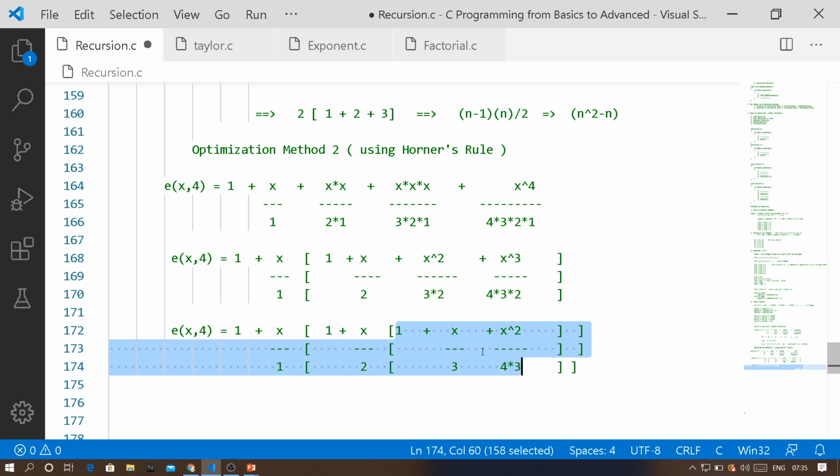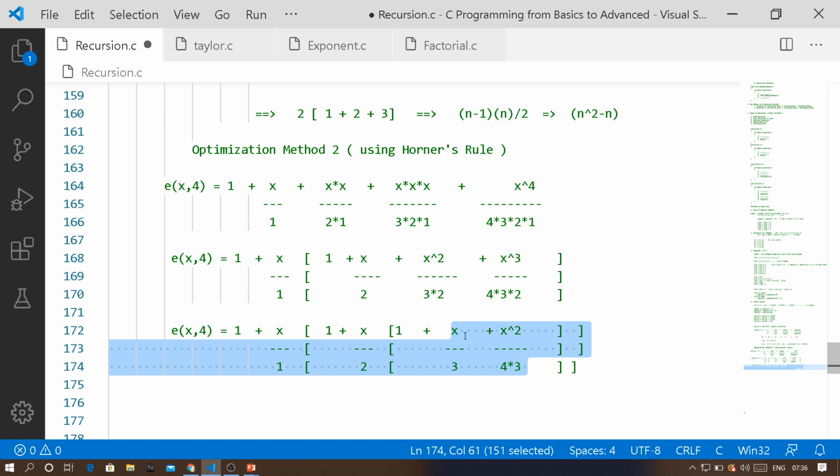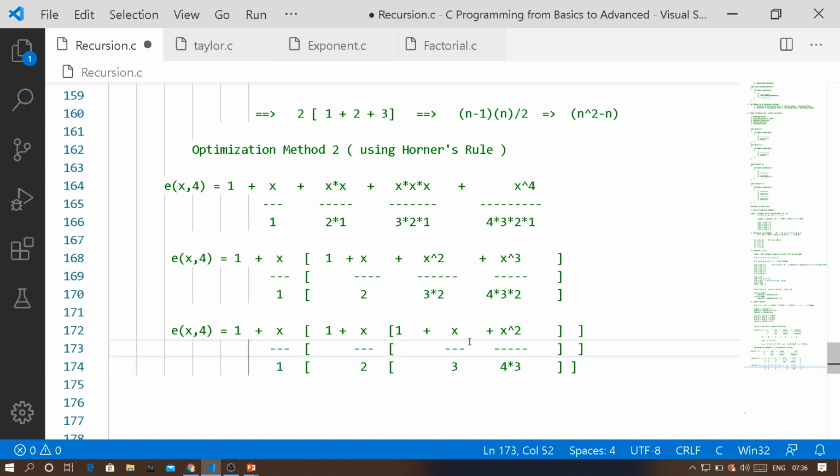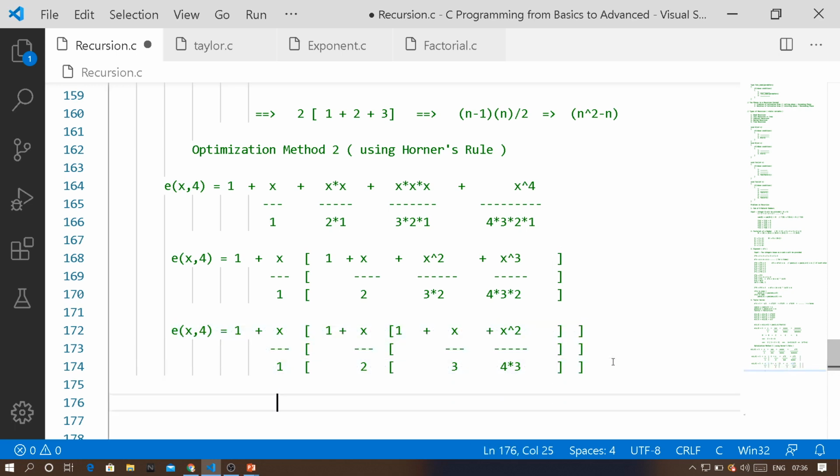Now among this internal equation, I'm going to keep 1 aside, and I'll be taking a common term outside from these remaining 2 terms. What common term am I going to take? x divided by 3 is the common term I'm going to take outside. So before that, I'll just copy down the existing equation.